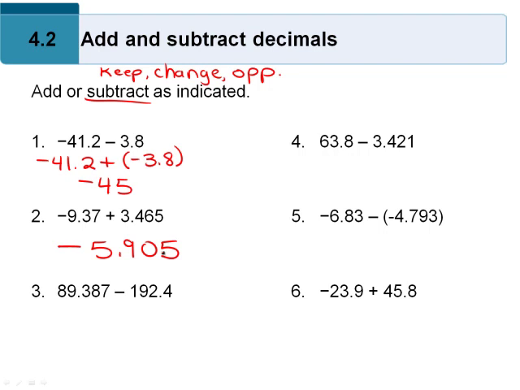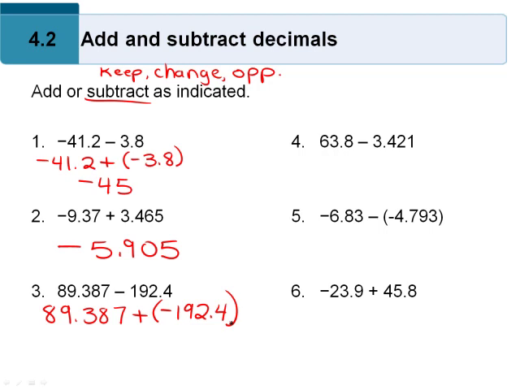All right. So as long as you know your addition rules, this section shouldn't be too hard. But if you don't know those sign rules, whew, this is going to be tough. Okay. Now, look at number 3. We have subtraction, so I'm still going to do keep, change, opposite. So I keep 89.387, change it to addition, and take the opposite, negative